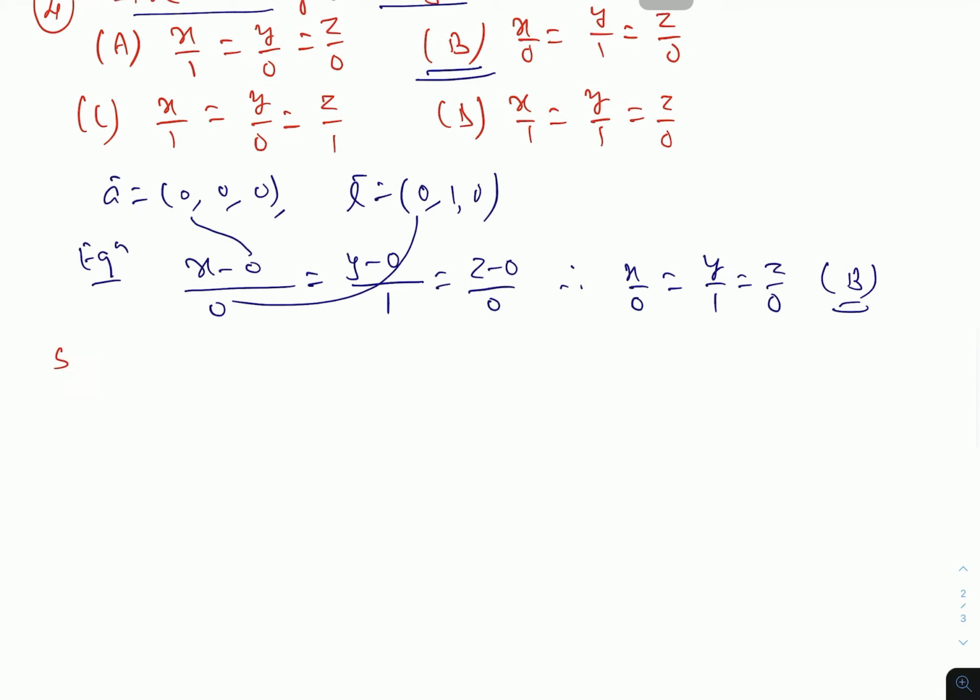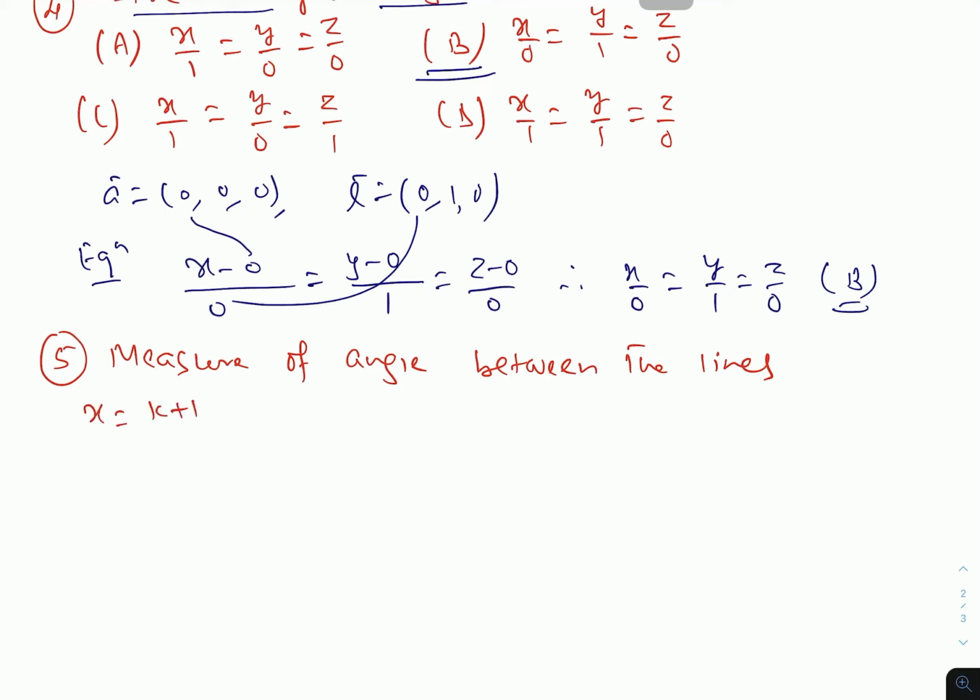Okay. Next, measure of angle between the lines x equal to k plus 1, y equal to 2k minus 1, z equal to 2k plus 3, k belongs to R,